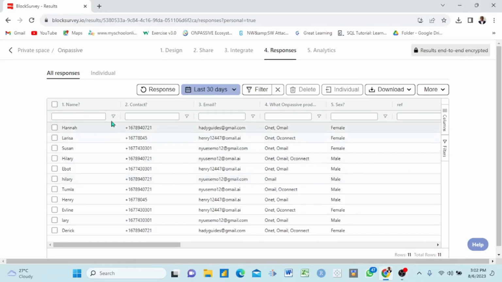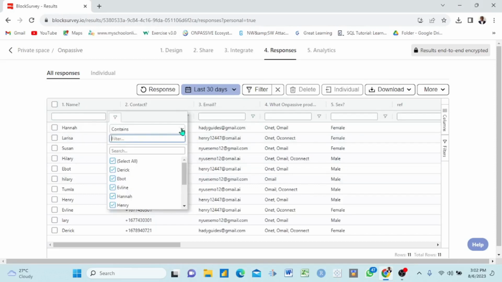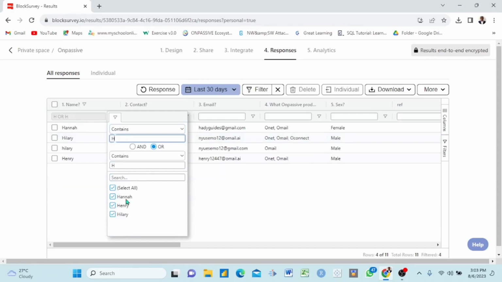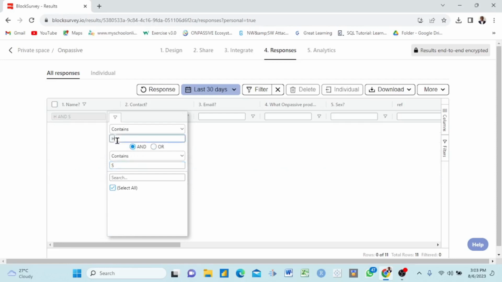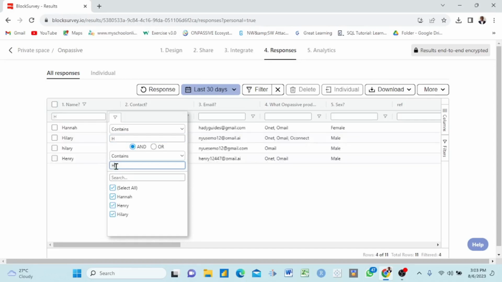If I come here under name and click this small arrow, you see these are our filters here, and I click here, it gives me this option, and up here I have many other filtering statements. Okay, let's say I want to select all names that contain the letter H, capital H. You see, it gives me all the names here. Let's say I want to select all names that contain either capital H or capital S. You see, it gives me these. These are names that contain A or S. If I want letters that contain H and H, it gives me this. If I say letters that contain H and A,